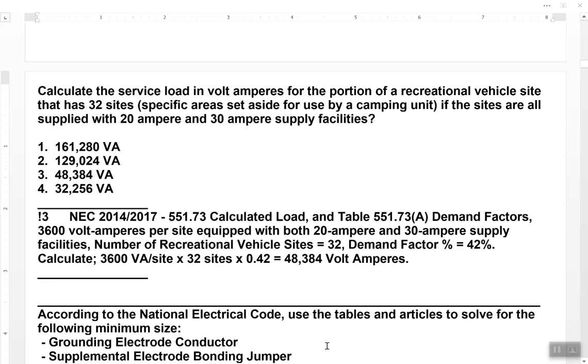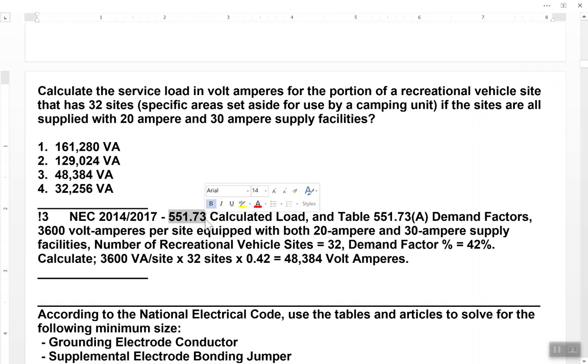We're in the section on service load. In this case, the question is a service load, but it's really a service for a recreational vehicle site. So let's put this one in our notes and make sure we can get the math on this one. And let's turn to our code book section